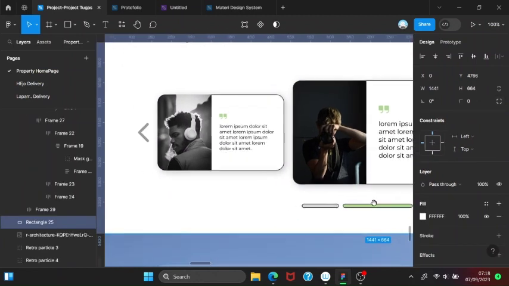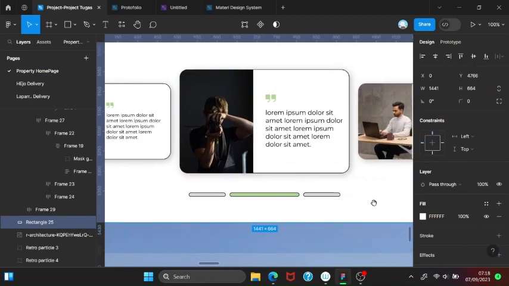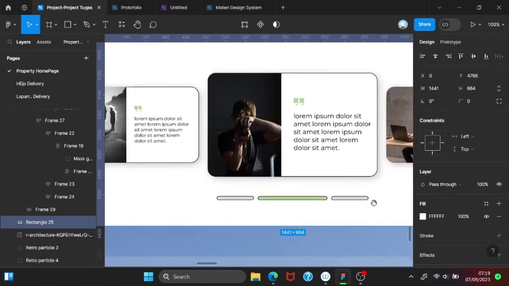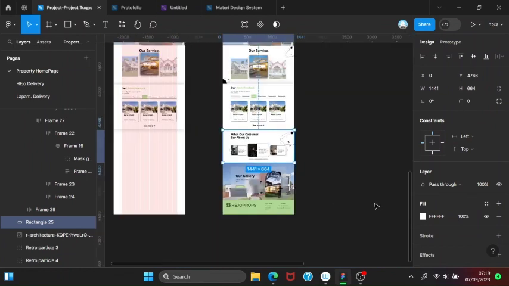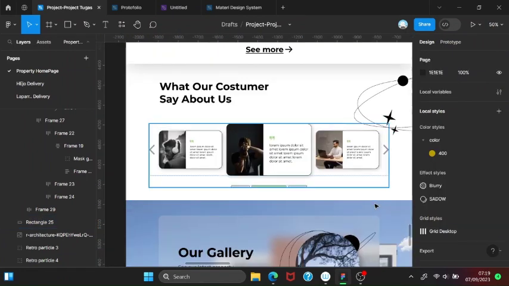And for the selected one I make it bigger, for showing this more clearly, and there is an indicator here,